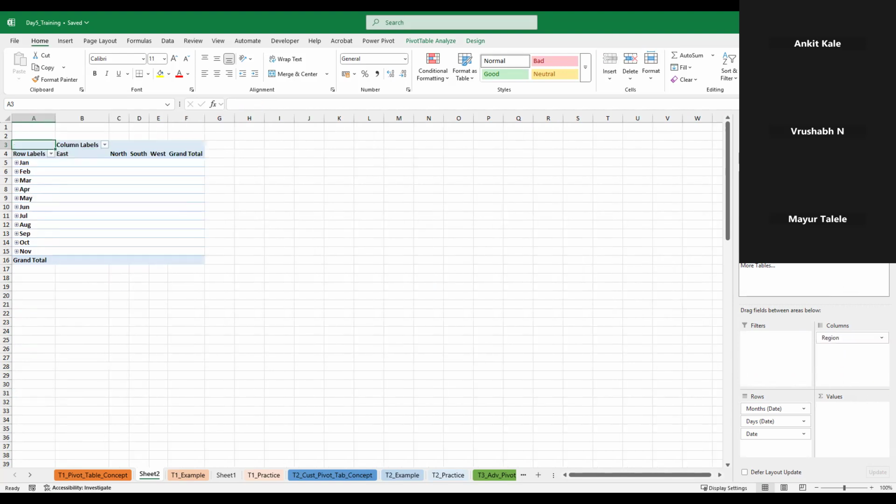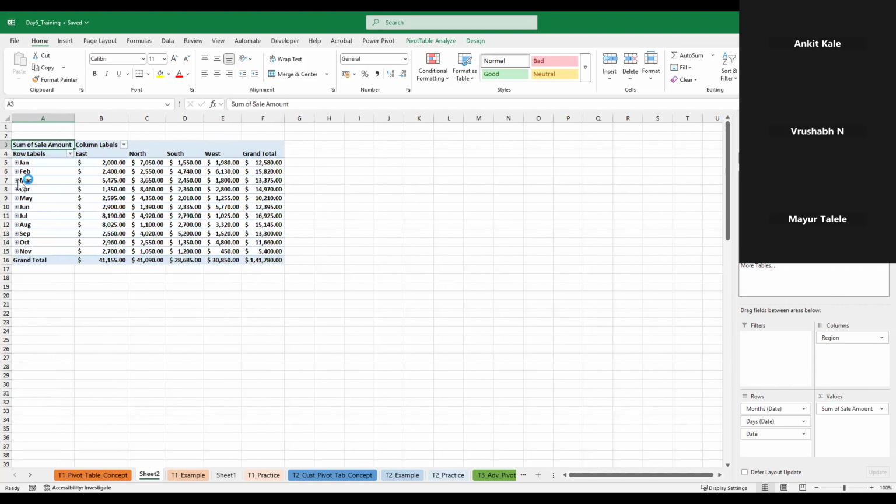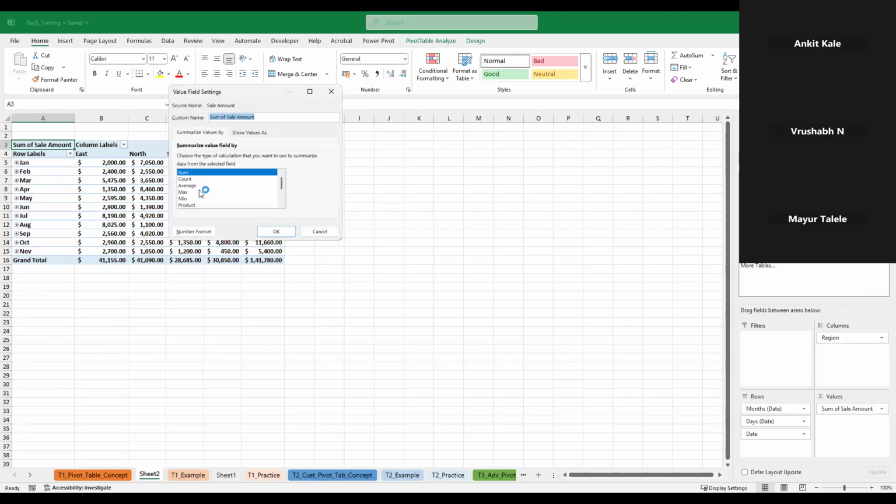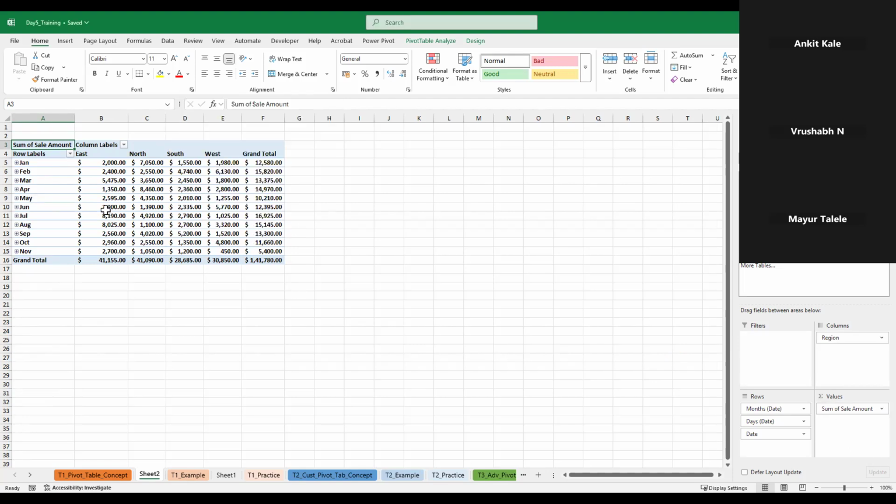Data, then maybe by region, and then how much of the data is done. So right now by default it is showing sum, okay, but we can definitely change it later if you want to have it count, or average or minimum or maximum. These are the calculations which can be done. Okay, so right now this data is